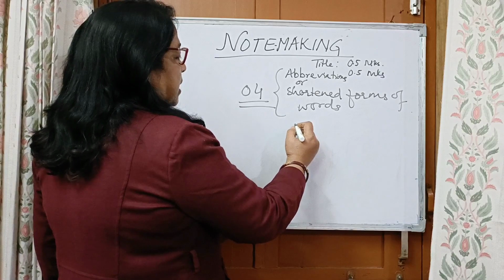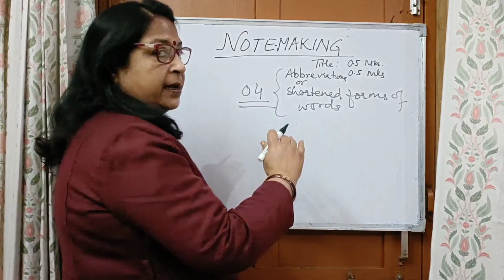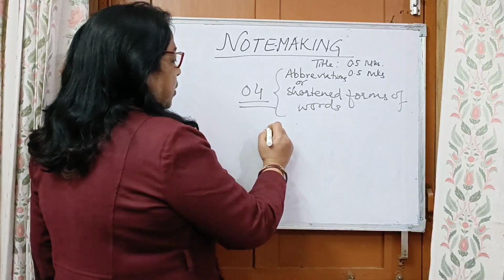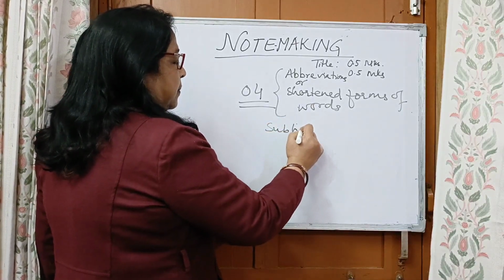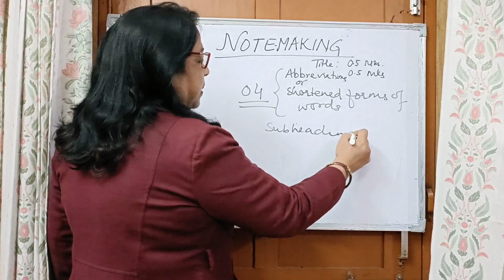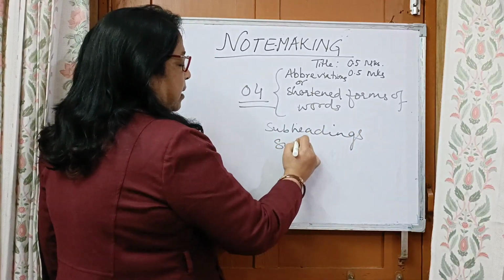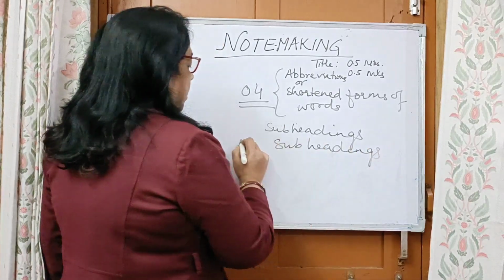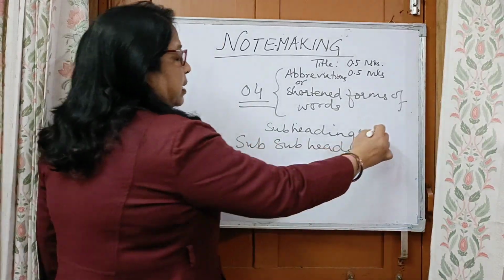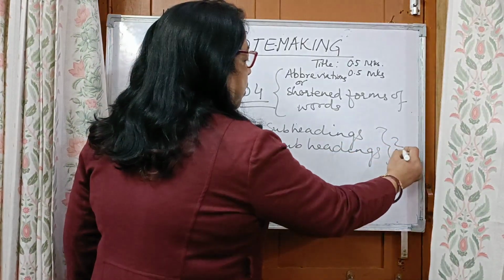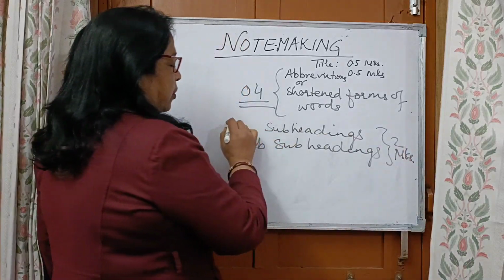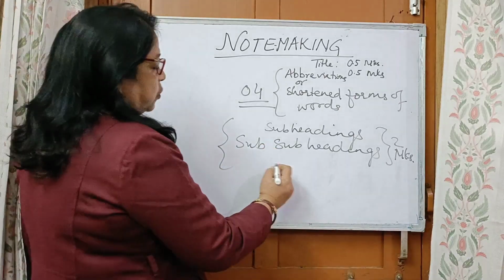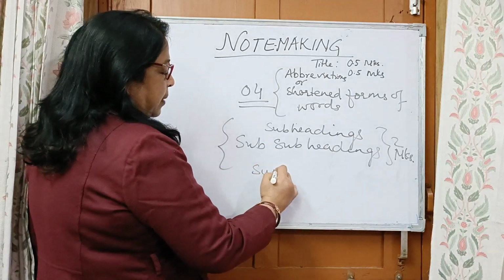Then comes 2 marks for the subtitling, subheading, that is the content of the note making, where you use subheadings and subheadings like that, which we actually call note making. This carries 2 marks. You can call it content, you can call it note making, whatever you want. And then the rest of the 2 marks are for the summary writing.